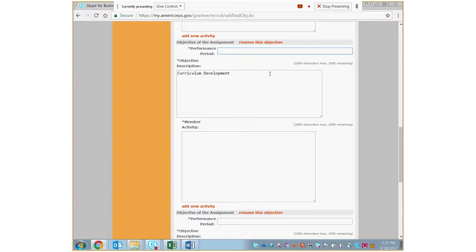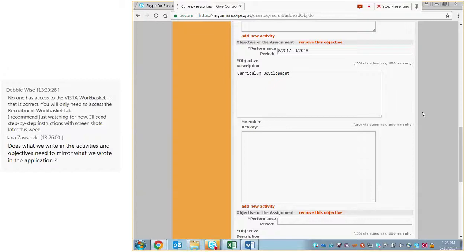And you want the curriculum developed by January, so that in January the member can specifically focus on finishing fundraising activities and starting the volunteer recruitment. So what you're going to do is you're going to put August, because most of your members are starting in August of 2017, to January, you'll see, of 2018. And now you have your performance period that the member will have as a guide to complete that activity.